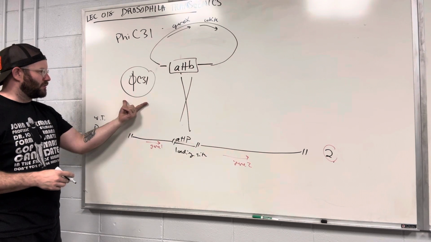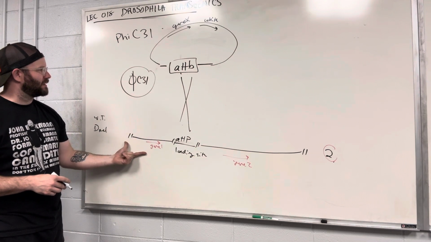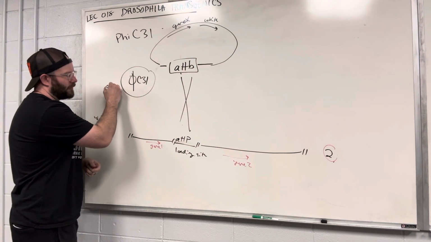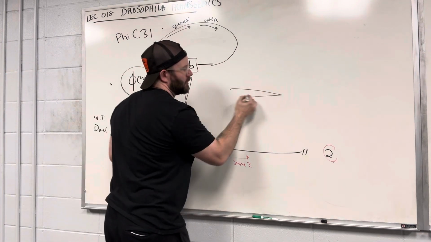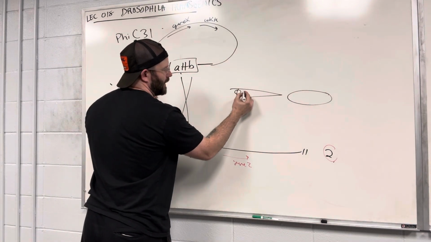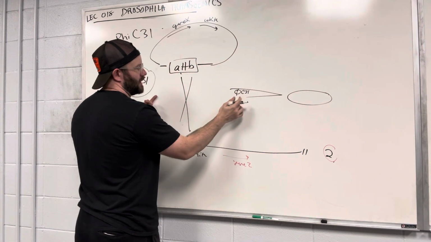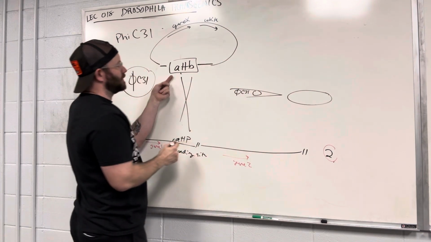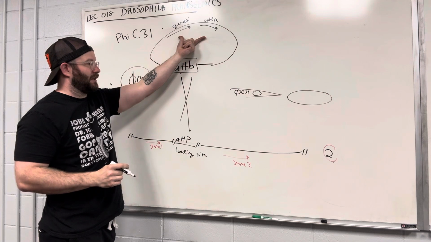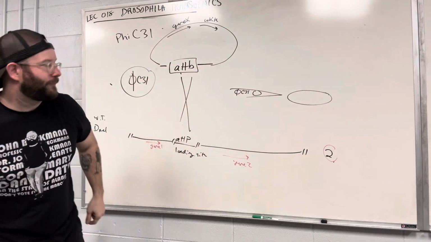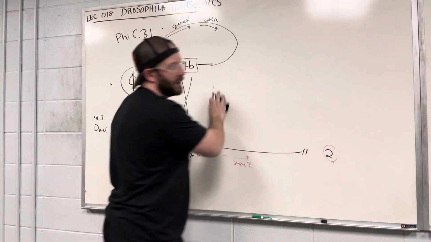So there'd be two ways to do this. One is if you wanted to get this integration, you could microinject an egg with the actual protein, PhiC31 integrase protein, plus the plasmid that had your ATTP site and your gene insert. You could microinject that. That's not how they do it. What they do is,